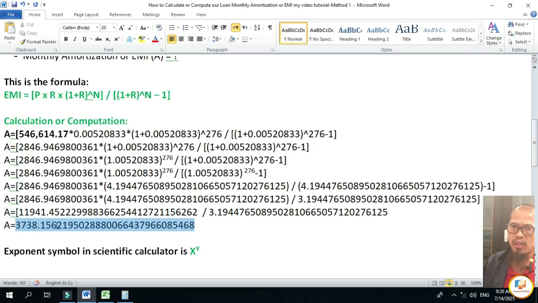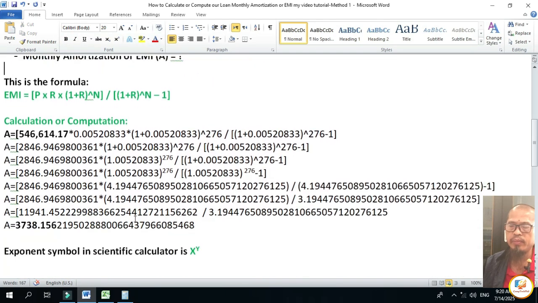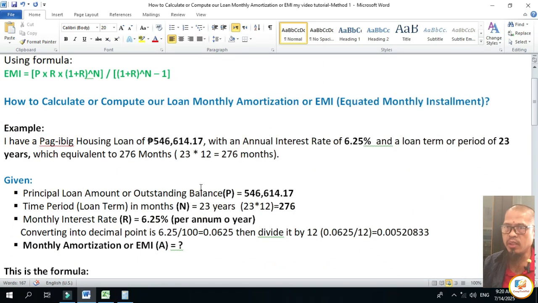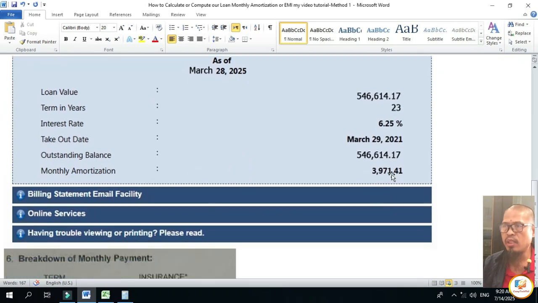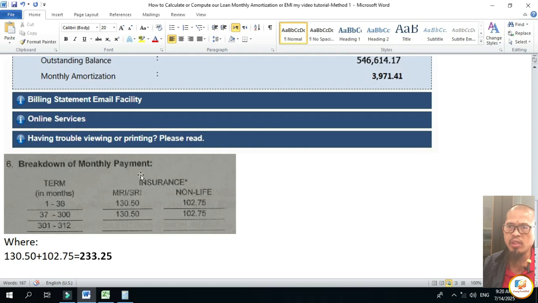So my final answer is, this is my monthly amortization, or AMI. Now, looking back to my loan, we can see here it is 3,971.41. Why? Because there was in our loan, let's go here, the breakdown of my loan as we can see